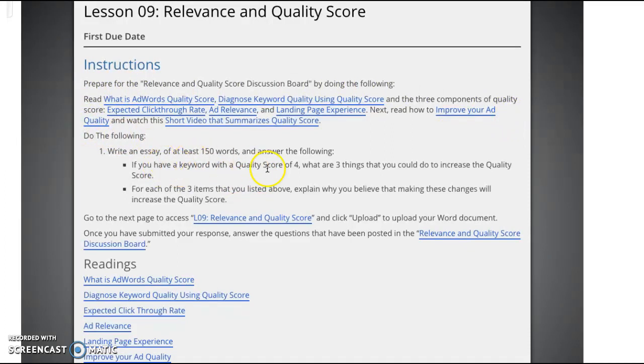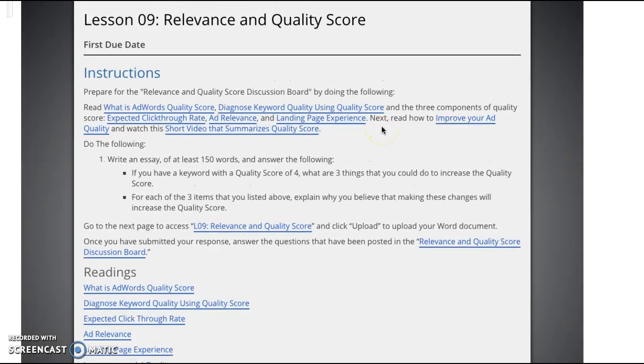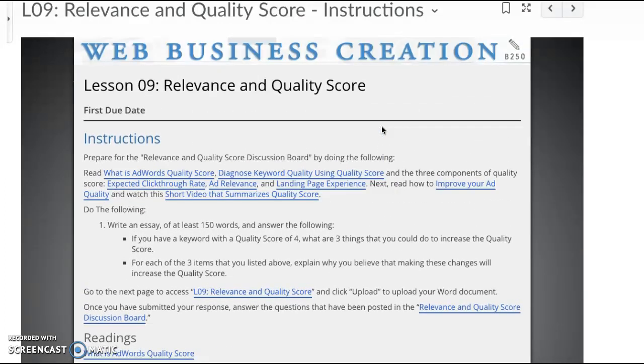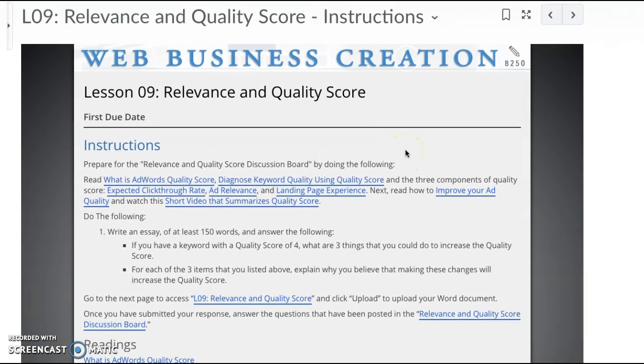And then you'll write an essay of at least 150 words on these 2 points here. One thing I want to point out is that the discussion in here about how to improve your ads is really centered about delivering what you promise. And this launches a topic that I'll go into a little bit more throughout the remainder of the semester. But now that we have your business by and large established as far as a website and a purpose, and those of you who are doing products, you're getting to the point where you're creating those products to sell online. Now that we've got that basic structure done, I'd like to move over into a discussion of how to conduct your business